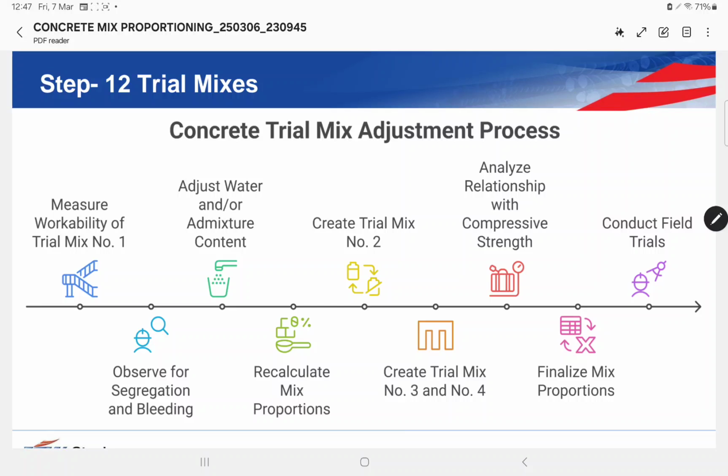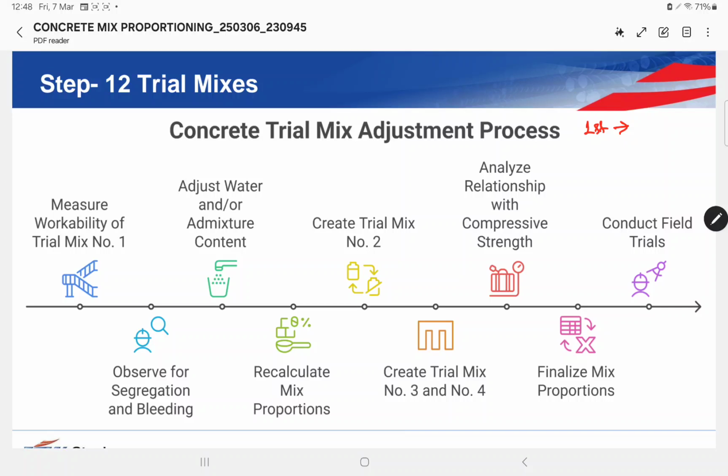And once you do that and in your adjustment you get your performance requirements, then you do two more trials by increasing and decreasing the water cement ratio by 0.01. Oh, sorry, 0.1. What I mean is,